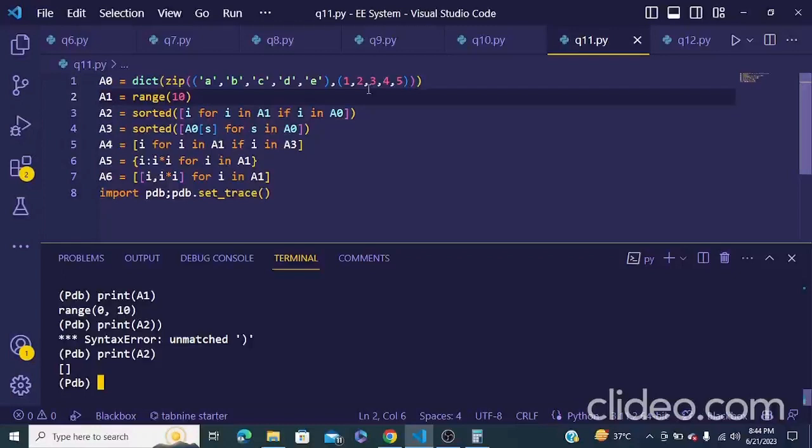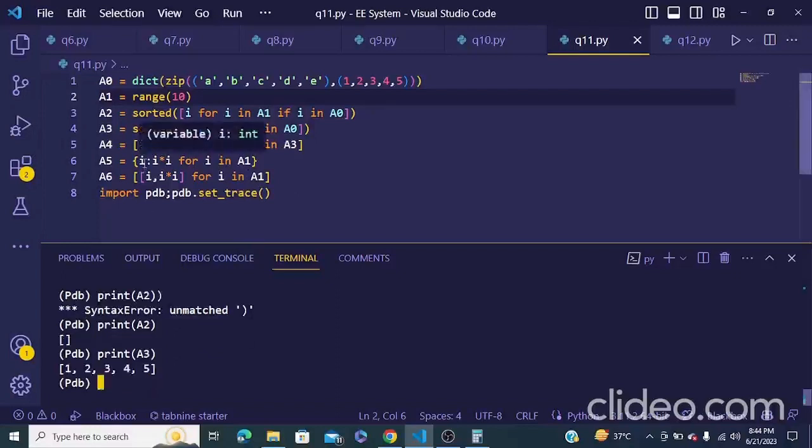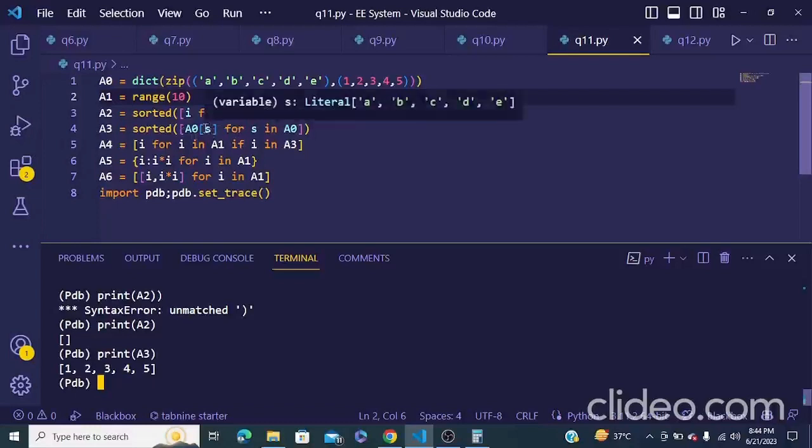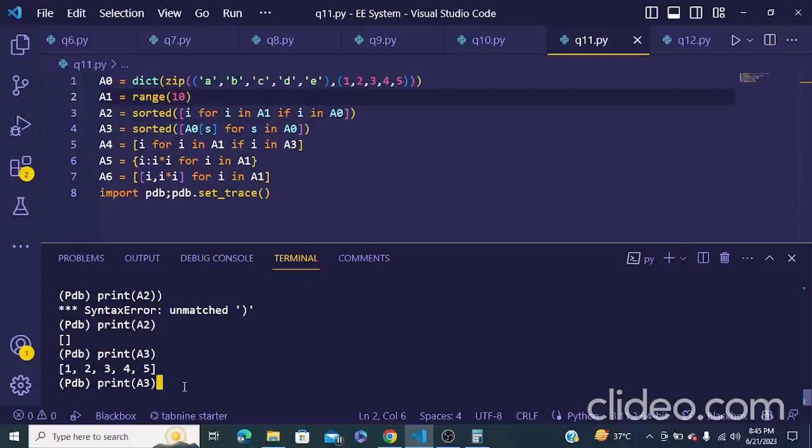I reconnected my mic. Okay, now this shows an empty list. If we print A3, you can see A3 has sorted values from 0 to 5, because A0 has the other key-value pair. So this S is printed in the value, and this is our sorted list. And in A4,